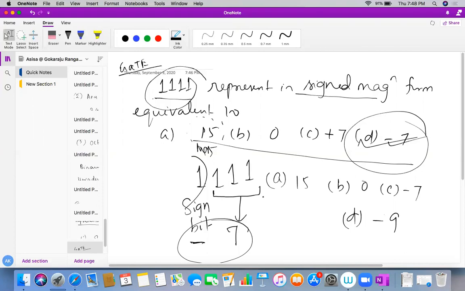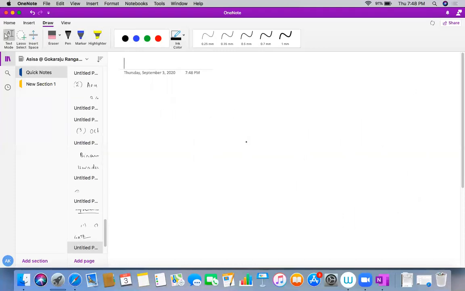The question will come up like this. We'll see a lot of questions on this, because today's class is mostly on this. Next part is representation of signed numbers using complement form. Did you understand, students, how to represent signed numbers using sign magnitude form? You just need to check the sign bit, the MSB. If it is plus, it's 0. If it is minus, it's 1. And the remaining bits are the actual binary number. Now, complement form.